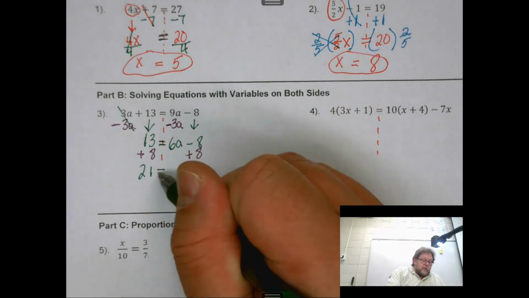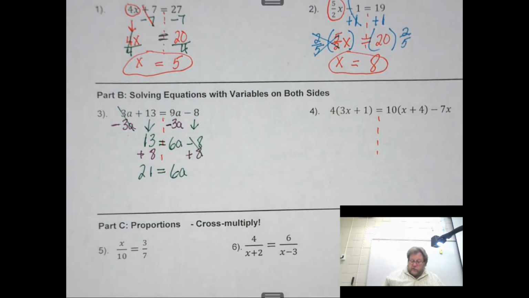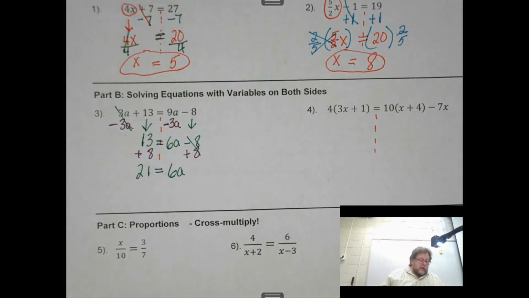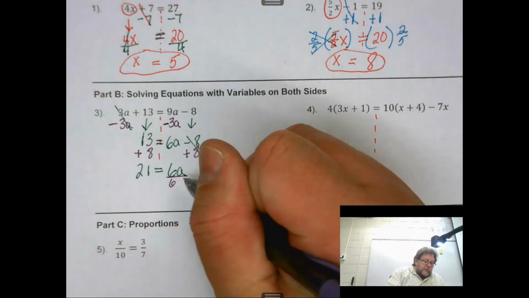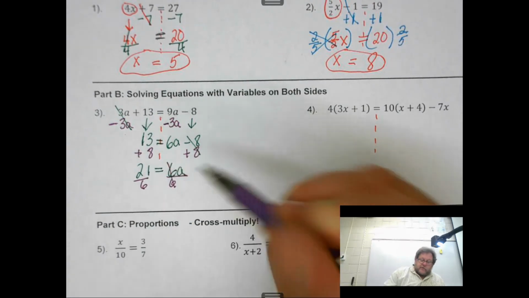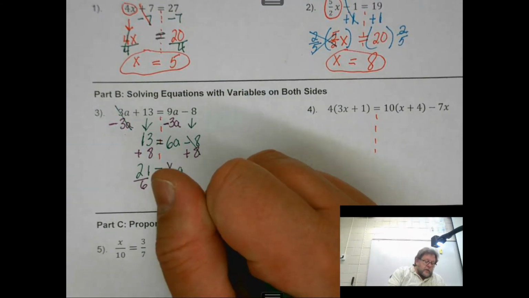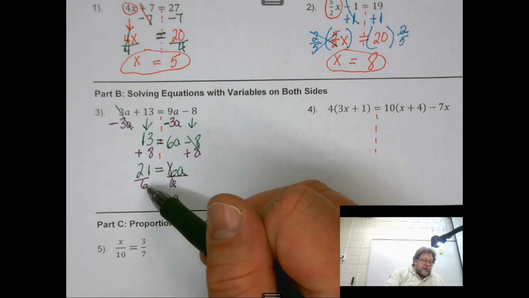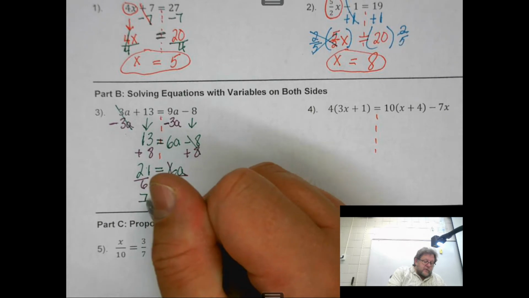And then I'm going to divide by the coefficient 6 to get a by itself. 6 is canceled. I get my a. And 21/6 reduces to 7/2. And that's my answer. Now again, if you're a little rusty reducing fractions,